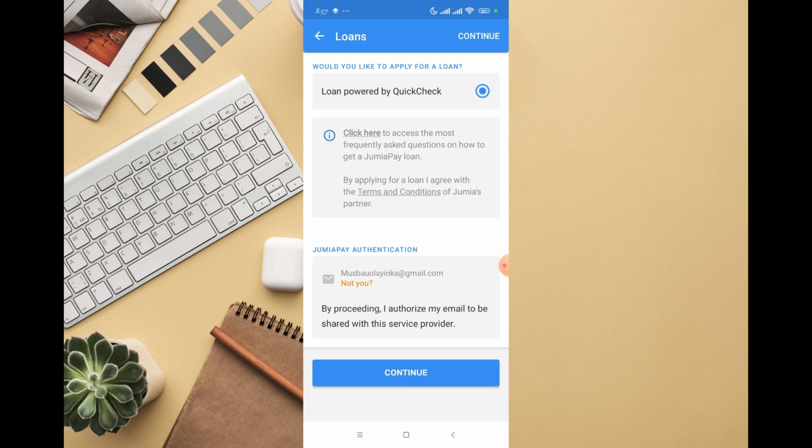by Quick Check. So it's not like maybe Jumiapay itself is giving out a loan. They actually partner with some loan apps, which of course are going to give you a loan. So you can see loan powered by Quick Check. Click here to access the most frequently asked questions on how to get a Jumiapay loan. You can also see, by applying for a loan, I agree with the terms and conditions by Jumia partner. So they're not the one actually giving you a loan, but they connect you with people that can actually give